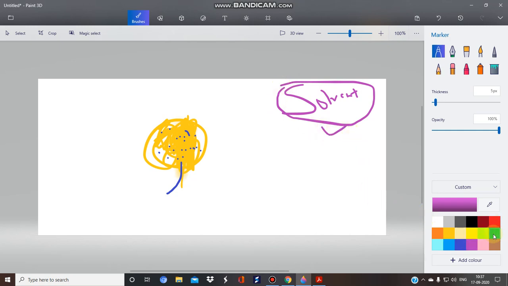Let's watch carefully what happens. The solvent penetrates inside the drug. It causes solubilization of the active constituents and then they escape out. Only then will extraction be achieved.